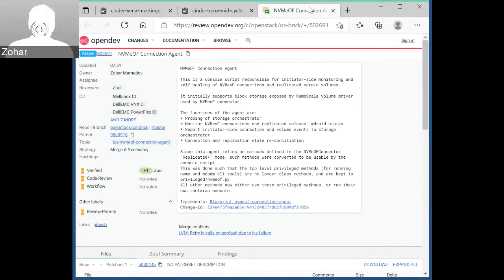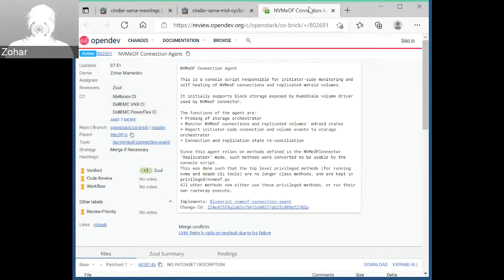So the most invasive part of this change is the change to the connector. There is a lot of overlap between the agent and the connector: all the methods that involve connecting to NVMe devices, putting them together into RAIDs, and handling the replicas of the RAID, the MD Linux RAIDs.